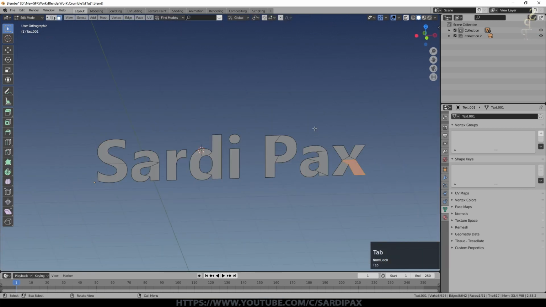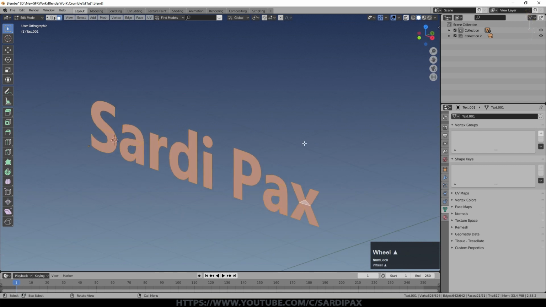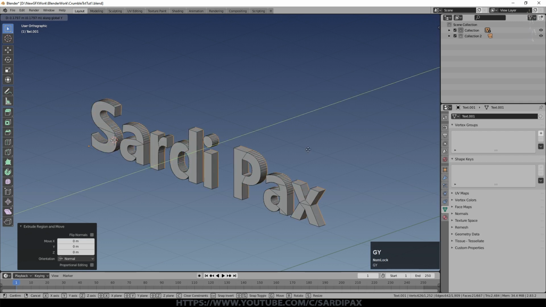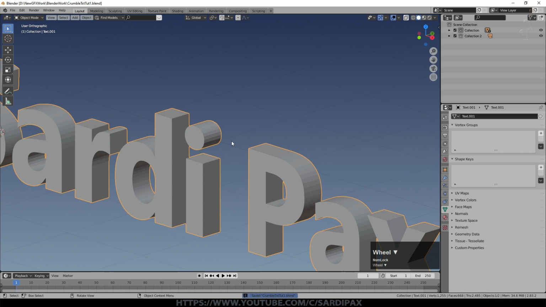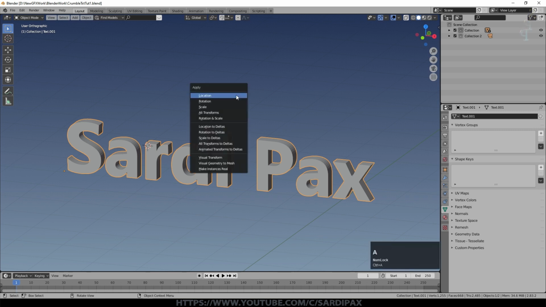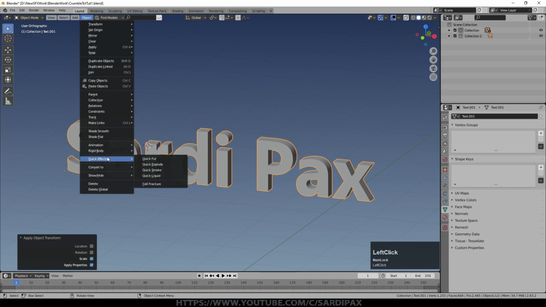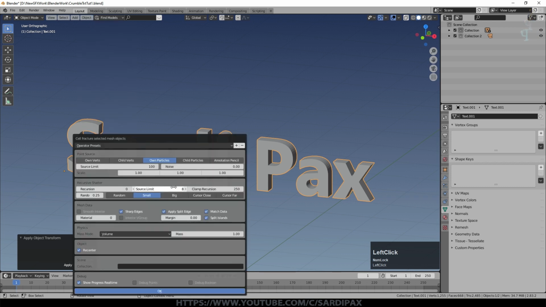So I'll go into edit mode, select all the vertices, remembering this is a mesh now, press E and then GY just to extrude that out a little bit. Because we've got some thickness, that should be much easier for the cell fracture to work on. So let's try that now. Before we do it, let's apply the scale. And then we'll go to Object, Quick Effects, Cell Fracture, and we'll just accept the defaults.